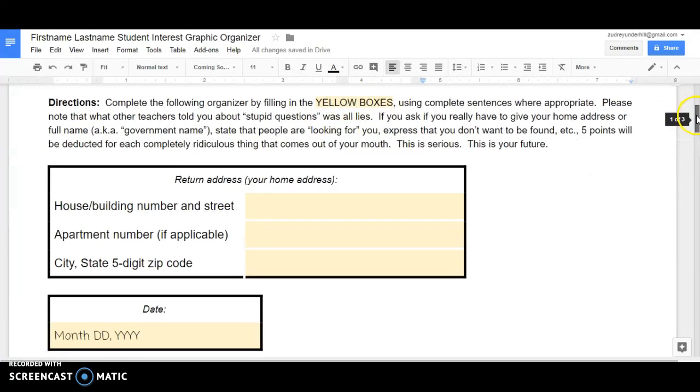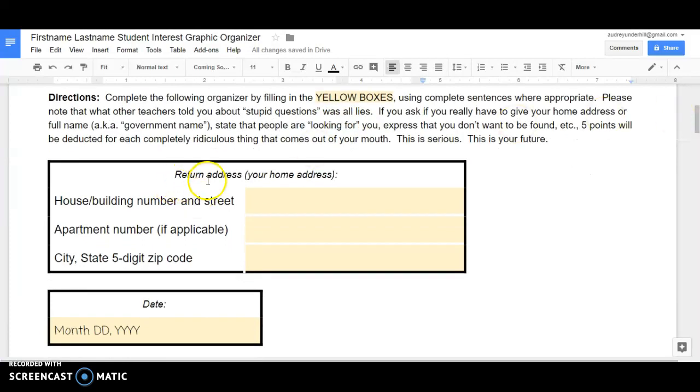The first thing that you're going to do is you are going to put the return address, which is your home address. For example,